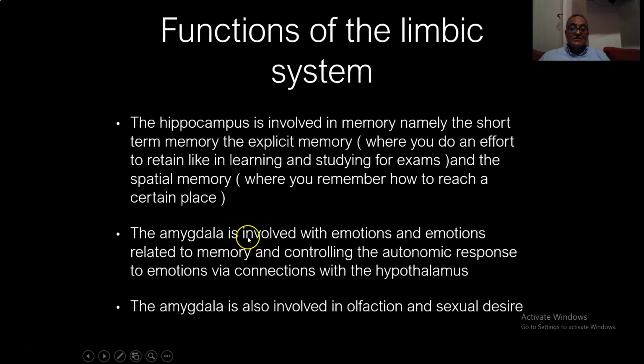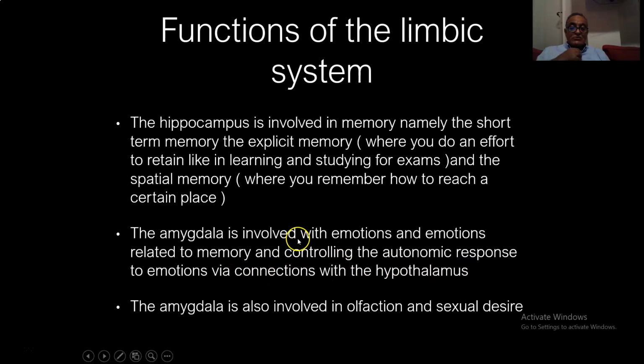For example, fear. For example, anger. These emotions are present in the amygdala. And also, when you remember something, you remember also the emotions that were accompanying this event. For instance, if you remember a good event in your life, you will have the same happy emotions of this event through the amygdala. The amygdala is also connected to the autonomic response to emotions via connections with the